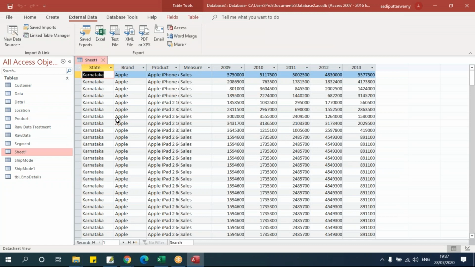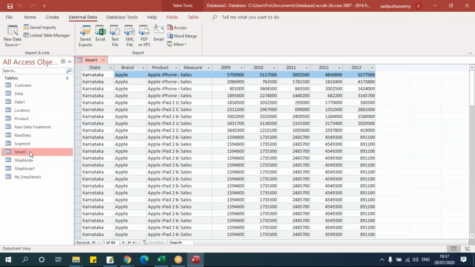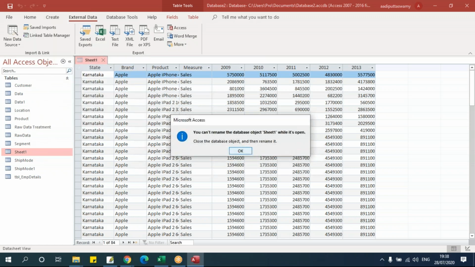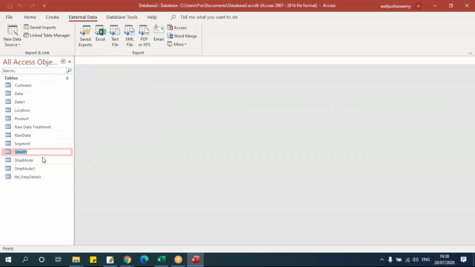See, we'll rename it. I have data here. Let me just rename this. Right click, again, rename this. Say rename. Here we'll say sales data. Okay, this is the table.